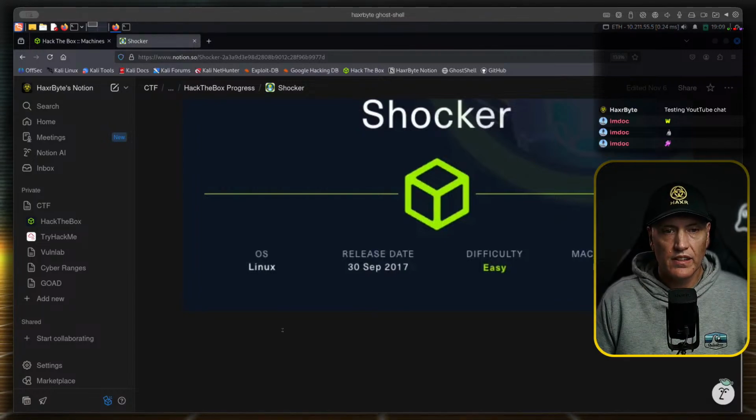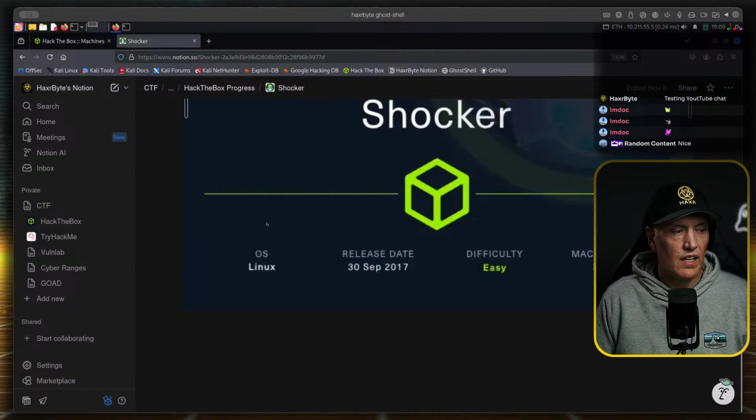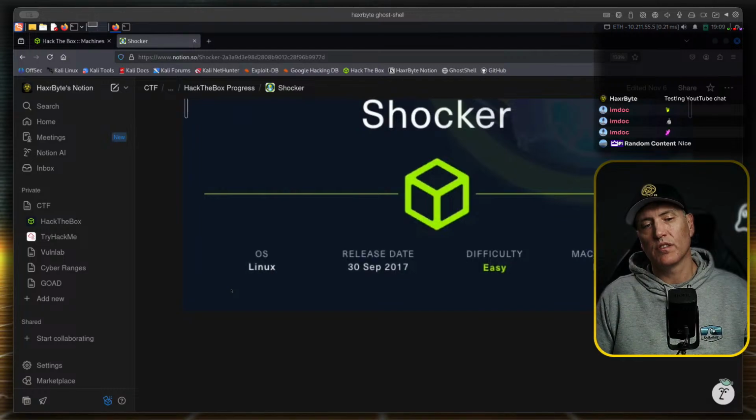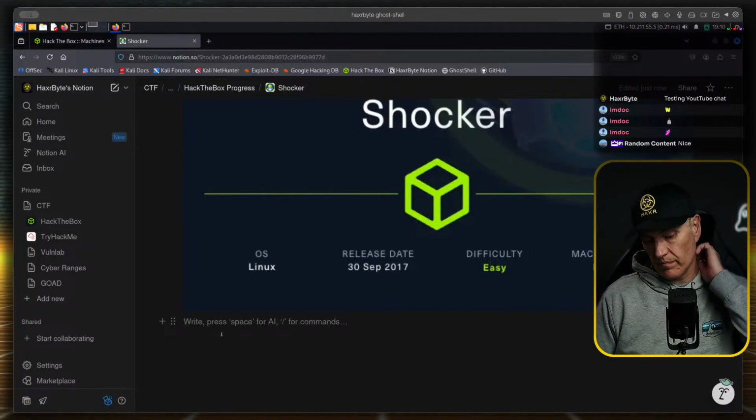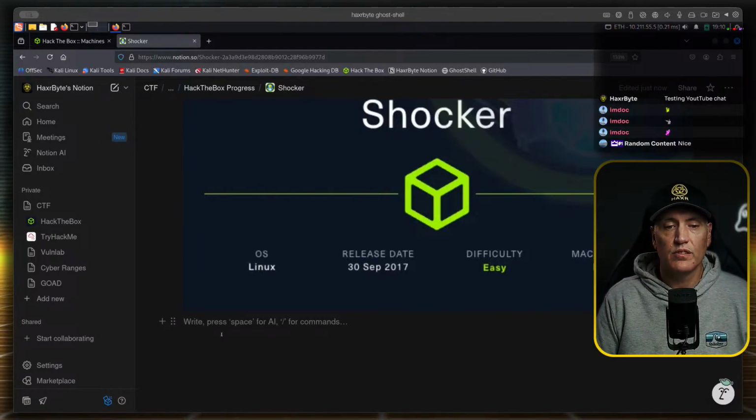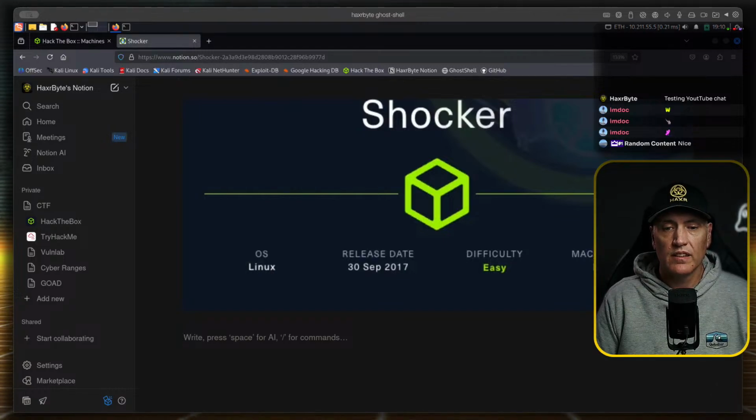Okay, so I'm going to use Notion for my notes just because it's easy, you don't have to pay for it, and it's in the cloud. Not necessarily something that I'll use in penetration tests on client networks, because you don't want to store privileged or confidential information in the cloud if you don't have to.